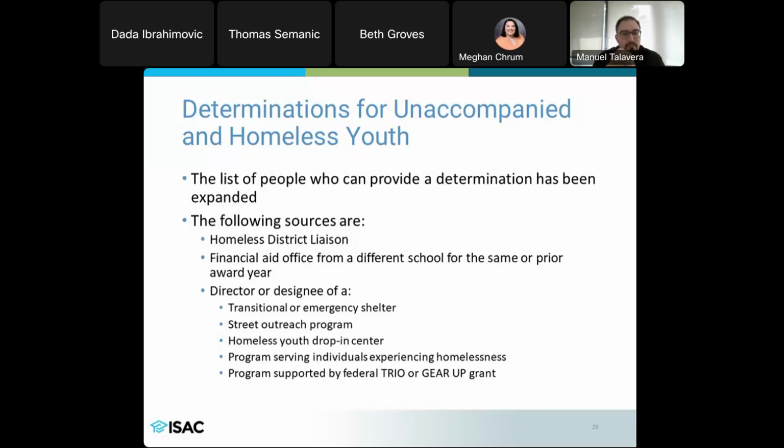So for FAFSA purposes, to be eligible a student needs to meet both of those definitions, and they have to have a source from a homeless district liaison, or a financial aid office from a school from the same or prior award year, or be students who receive services from a transitional emergency shelter, a street outreach program, a homeless youth drop-in center, or programs serving individuals experiencing homelessness, as well as, what's new, programs supported by federal TRIO or GEAR UP grants.